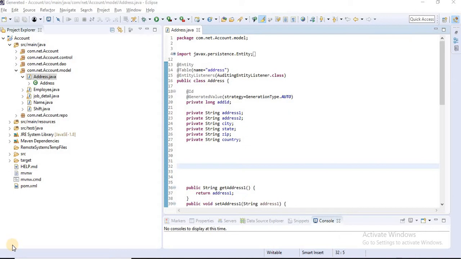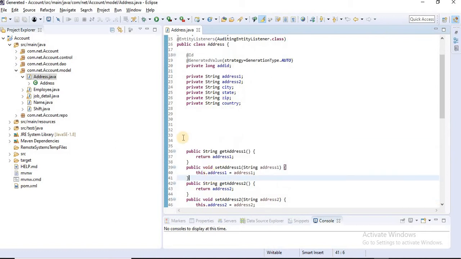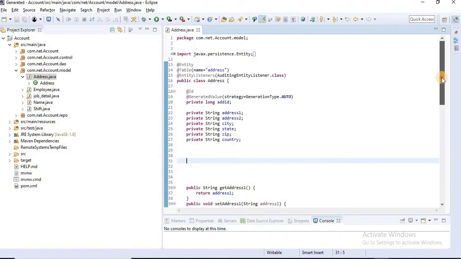So in this video we will see how to optimize the code. In every model class we have to define a setter, getter, and also an all-argument constructor and a no-argument constructor. We can avoid all those things. We can simply place the annotation here. Lombok provides those annotations. In this video we will see how to set up Lombok in our Eclipse, as well as how to reduce this code, how to remove this code without writing getters and setters. How can we perform the operation?